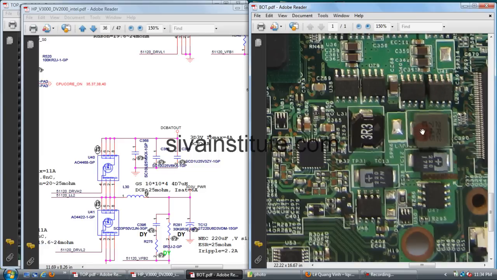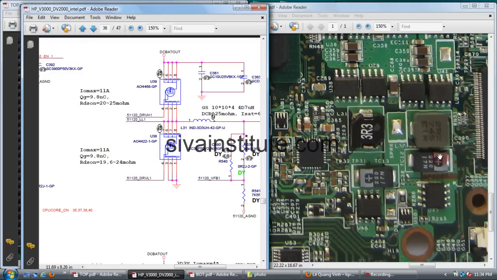This is a coil. You should check here whether 3.3 volts is there or not. U39, U38 are output FETs, this is a coil, this is the oscillator. This is the 5 volts coil, this is the 3.3 volts coil.